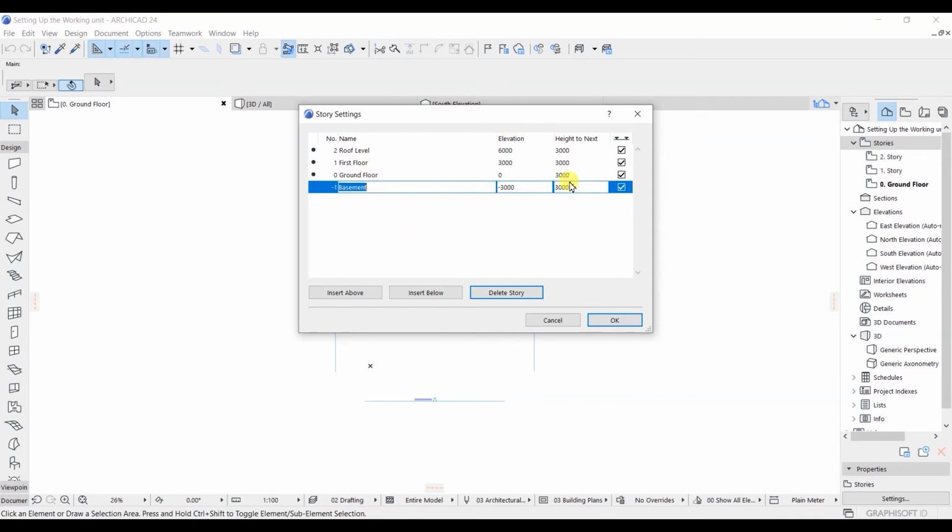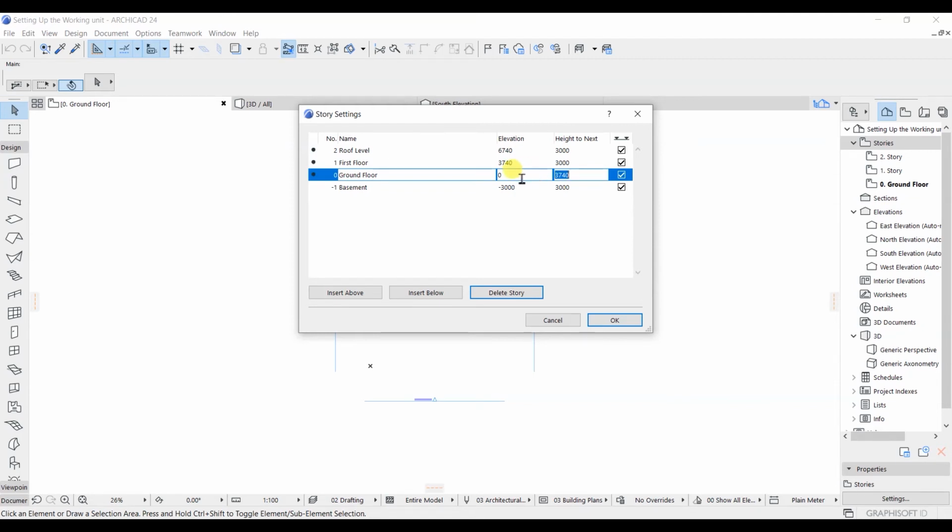Now it's time for the elevation and height to next. The height to next is simply the story to story height. You don't need to worry about that much. We are going to put all these details as per our project. Our ground floor is at 0 level, that is fine, and height to next I'm going to put as 3740.